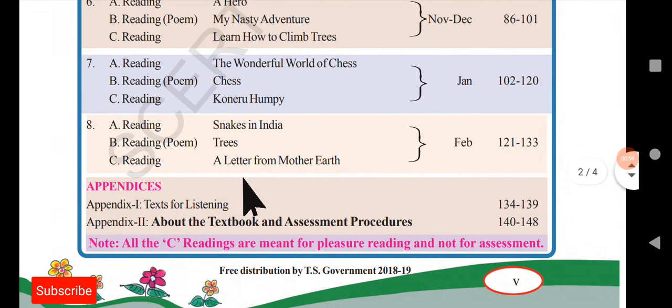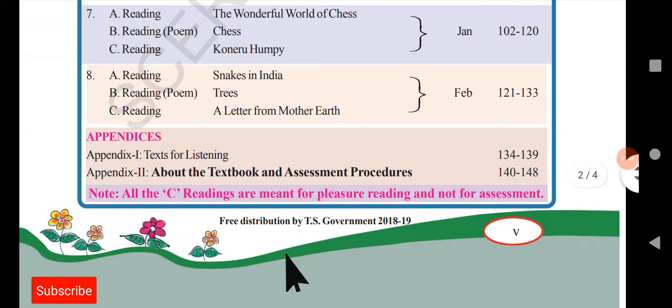So the reading here, reading C, the title is A Letter from Mother Earth. And also I would like to tell one thing before going to reading C here. Look at this note. All the C readings are meant for pleasure reading and not for assessment. So I think most of you know the meaning of this. So all the C readings, whatever the C readings are there in all the 8 units, they are only for